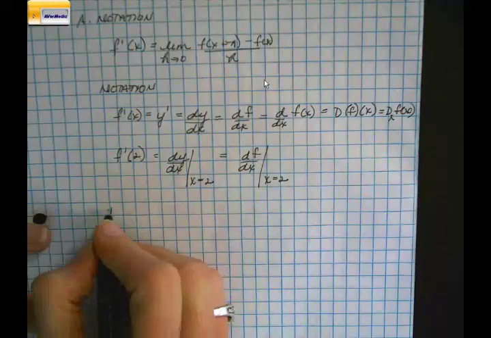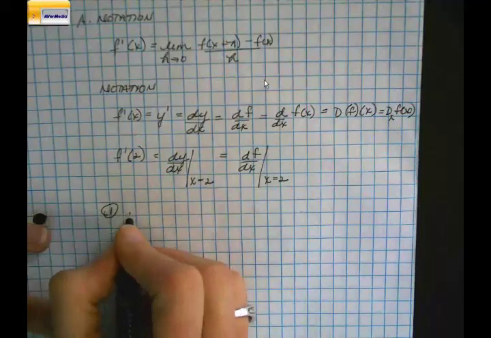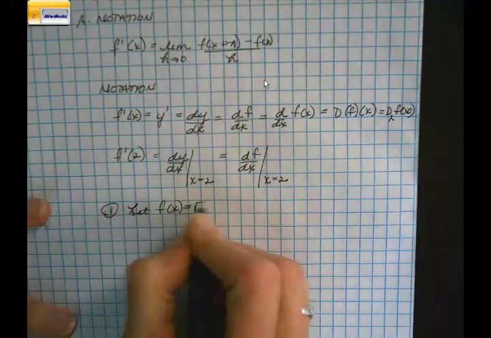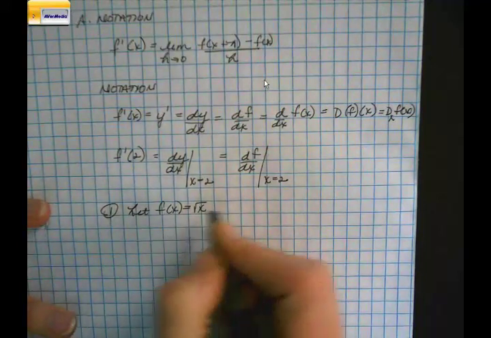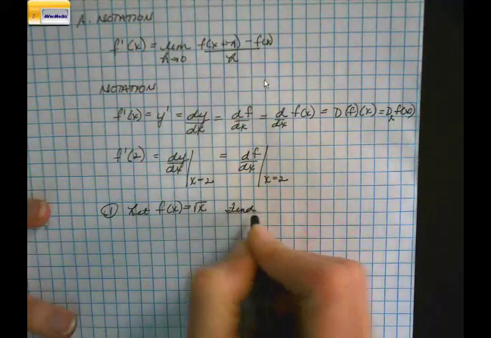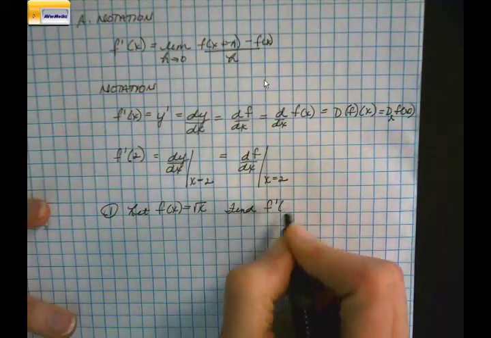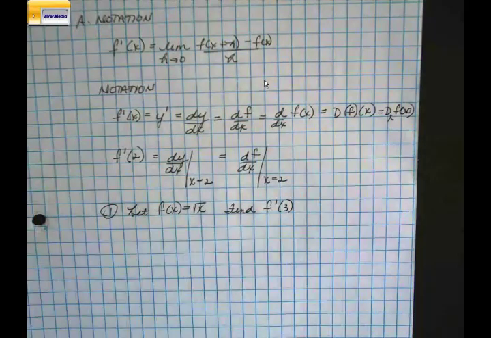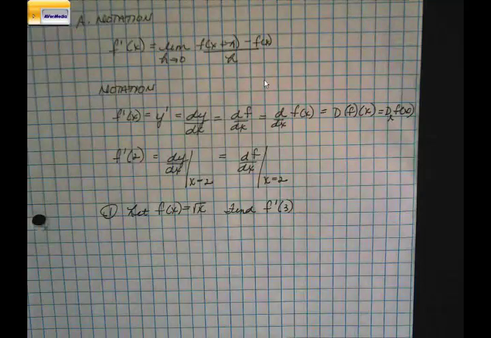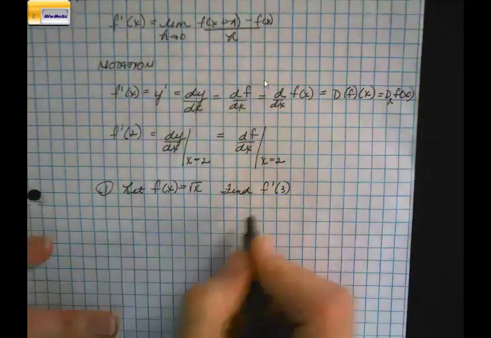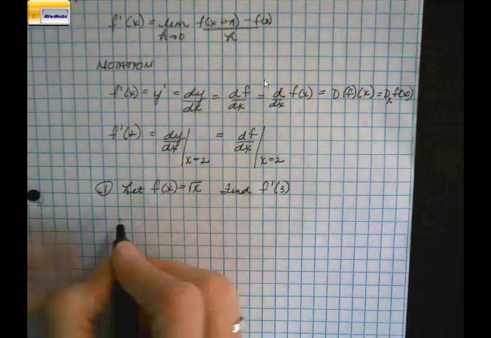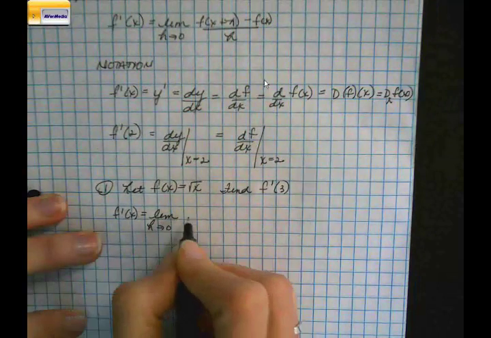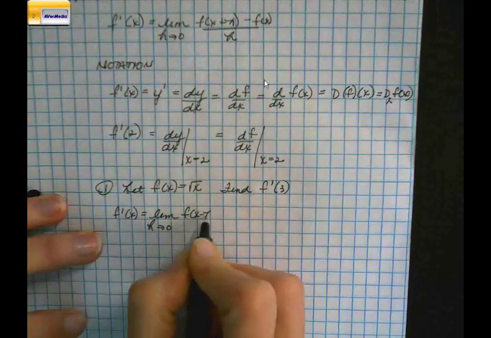Here's an example of how they're going to ask you such questions. They might say, let f of x equal the square root of x. And then they'll say, find f prime at, say, 3. Now, fortunately, we've already done this in the last section, but really what you would end up doing to answer this question is to find f prime of x, you're going to have to evaluate the limit as h approaches 0 of the difference quotient,